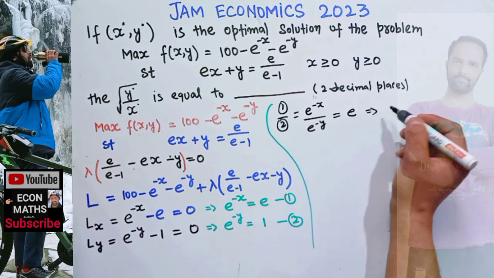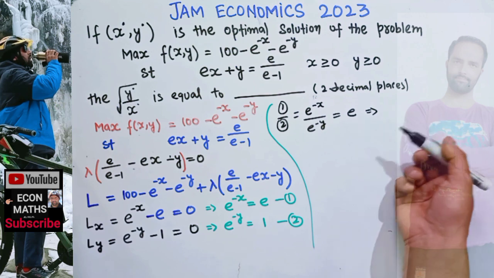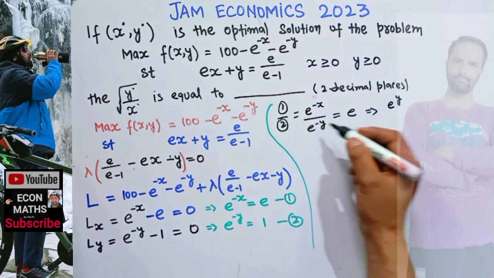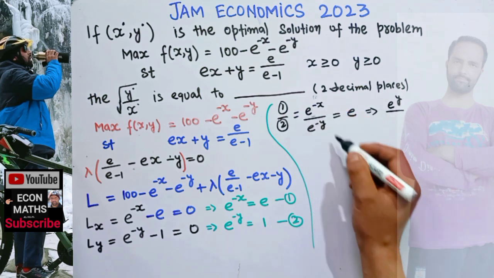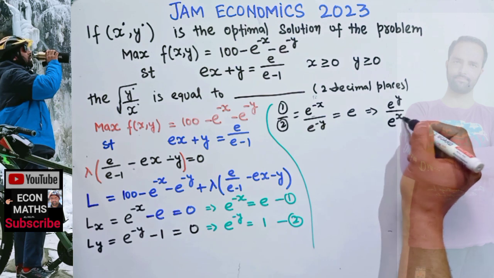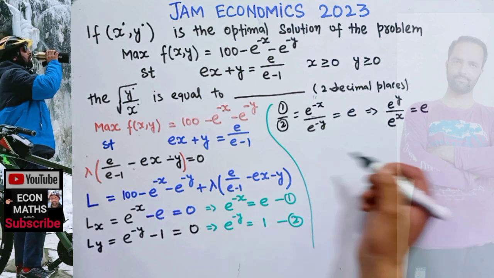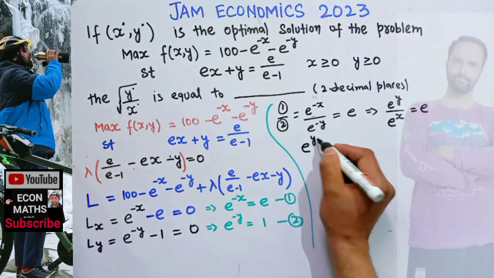Or we can write it in this fashion. Let's transpose numerator to denominator and denominator to numerator, so the exponent sign gets changed. So we will get e to the power y if I transpose it to the numerator, and if I transpose this numerator, its exponent sign will get changed and it will become e to the power x, which should be equal to e. That means we can write this expression in this form, that is e to the power y minus x